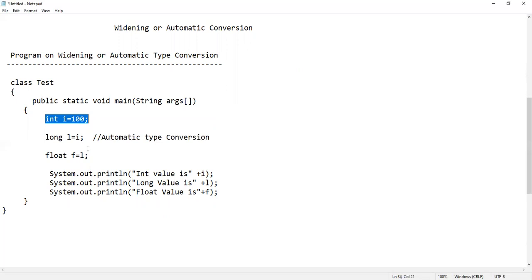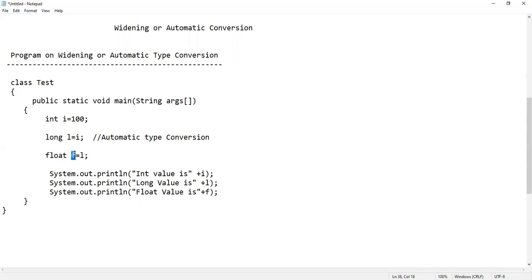Integer is a smaller size, long is a bigger size. So the smaller size value can easily fit in a bigger size. This type of conversion is called automatic type conversion. In long L, I value 100 is stored. Now this long L can easily be stored in float f. Float f is equal to L. Now f consists of the value 100, because I equals 100, so L is 100, and f is 100.